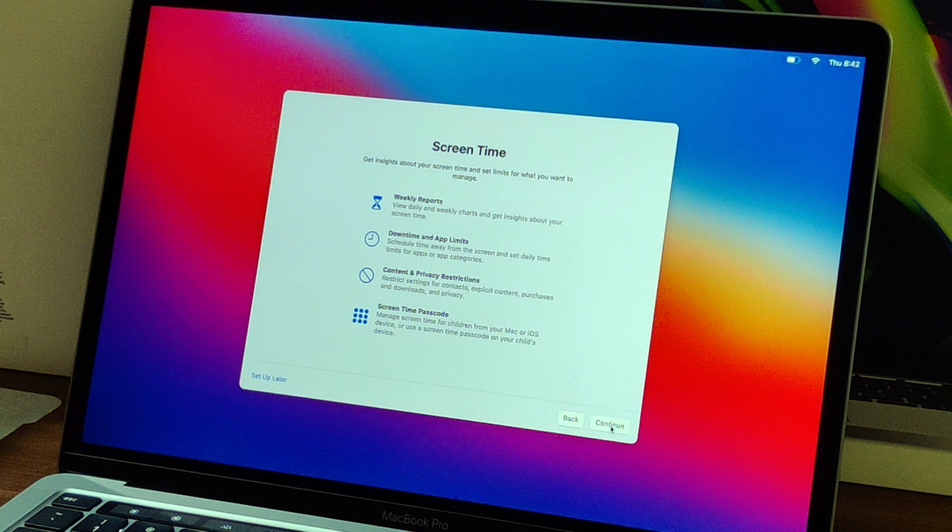Parents can configure screen time on Mac or iPhone, iPad, and everything is set up for their kids. One tap media rating. While setting up screen time for your kids, you can set age-based media ratings for music or any book contents or any video content restrictions if you wanted to do so.